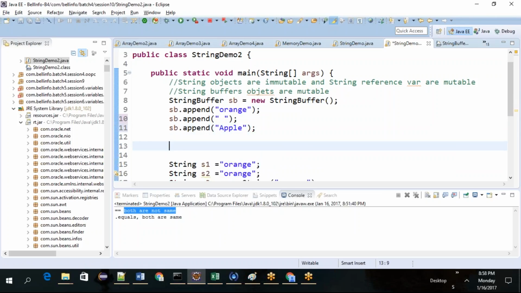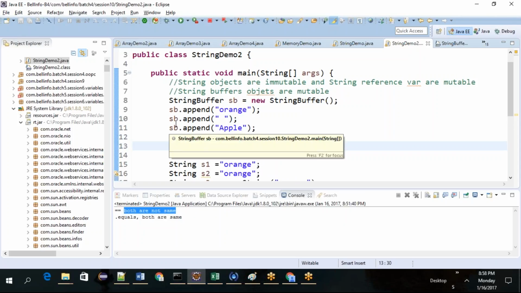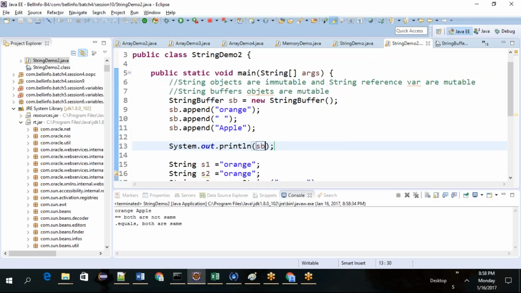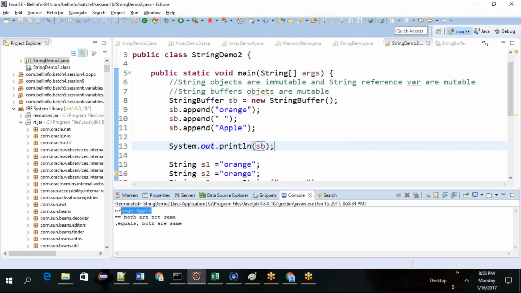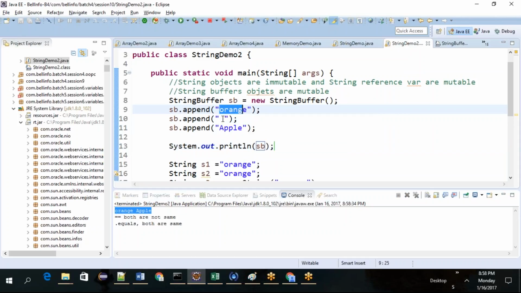Now when I try to display sb with System.out, see what the result will be. Orange space apple. So you can keep on adding whatever values you want.